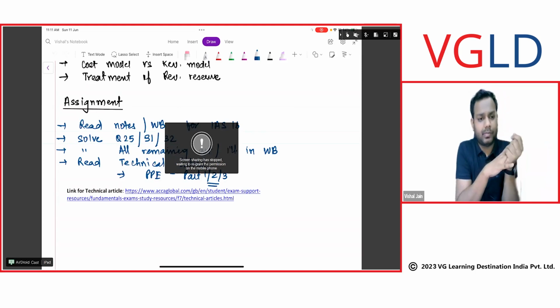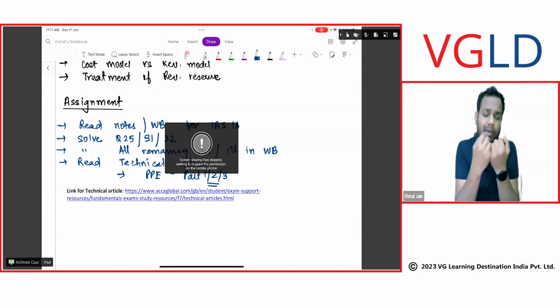Around 6. I already discussed this in the orientation lecture yesterday, so you can watch that orientation lecture and understand everything. How much time it takes depends on the student, basically what you have to do to complete all the assignments. If you complete the assignments within half an hour, it's fine. If you take 6 hours to complete the assignments, that is also fine. That will vary from student to student.